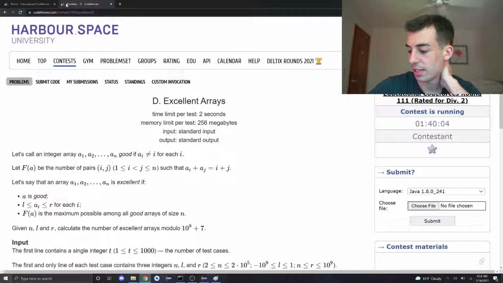Let's call an integer array a1 through an good if a at i is not equal to i for each i. So let's call it good if it's, what is this? This is a derangement, I think. Let f of a be the number of pairs i, j such that the sum of the elements is equal to the sum of the indices. Okay, gotcha. Let's say an array is excellent if it's good,